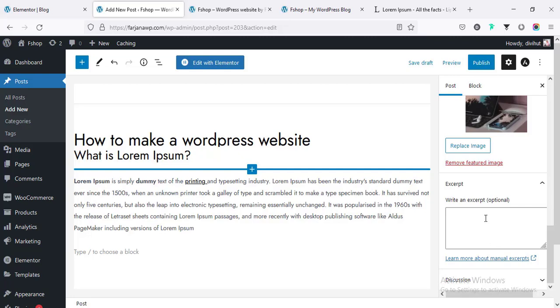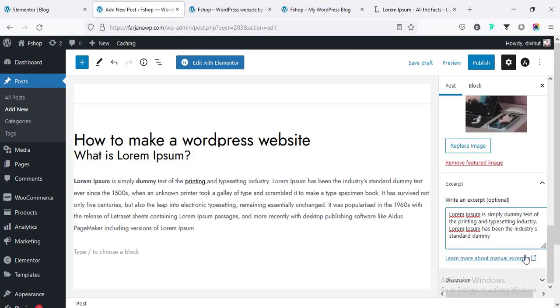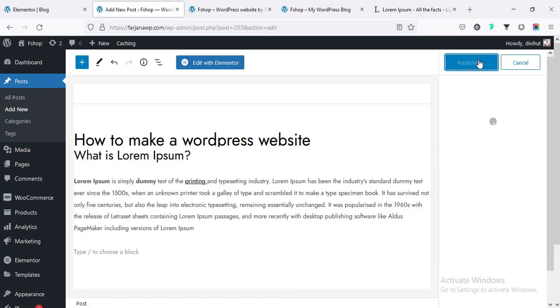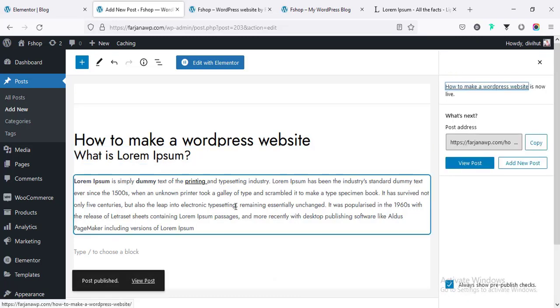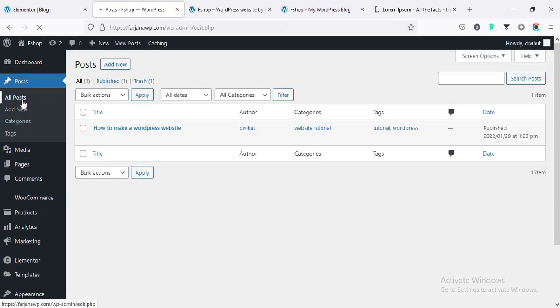And then here is the options for excerpt blog post. So here we can type some small details about our blog post, but this is optional, you can type it or not. For example, here I'm typing some small text as excerpt, and finally going to publish. Now in the similar way I'm going to create some more blog post, so going to all post, and now